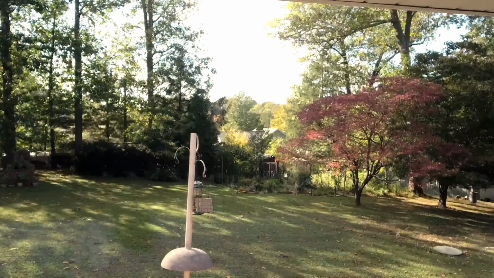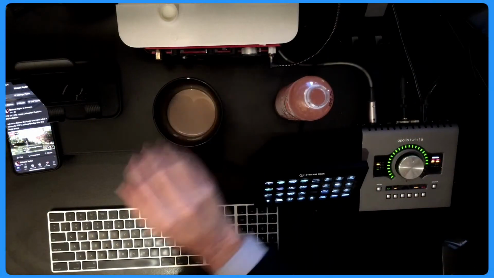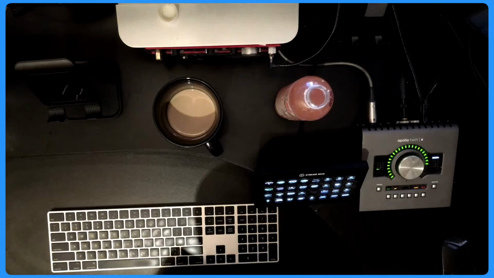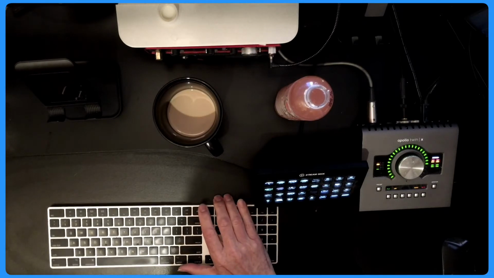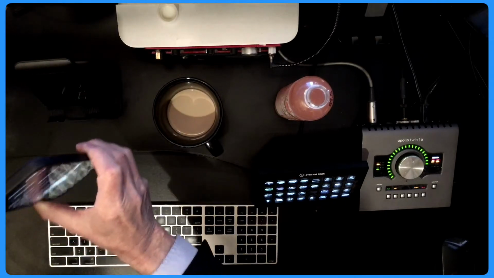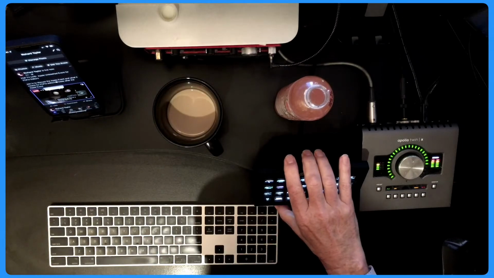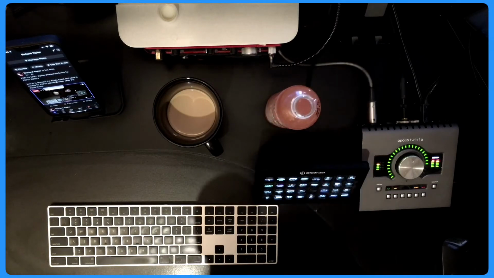Here's the backyard, just checking in on that for a second. Here's my desktop, physical desktop, for people that want to see it. There's the live stream there on my iPhone 13 Pro Max. So I ordered my MacBook Pro already. Who wants to see the specs? Let's go. Let me just put up a few more comments here.